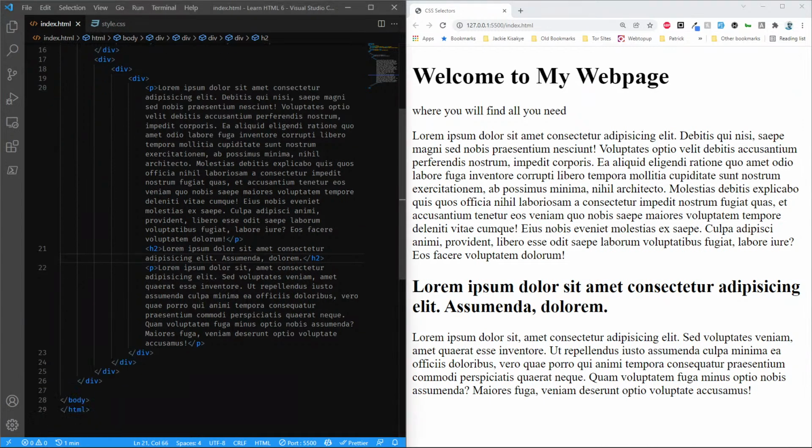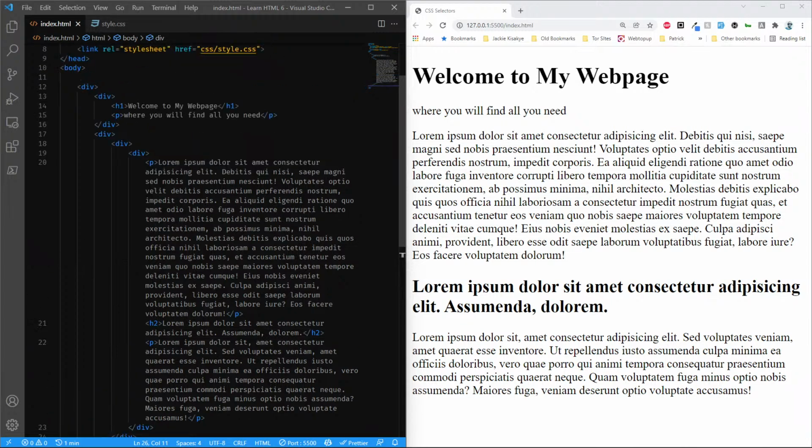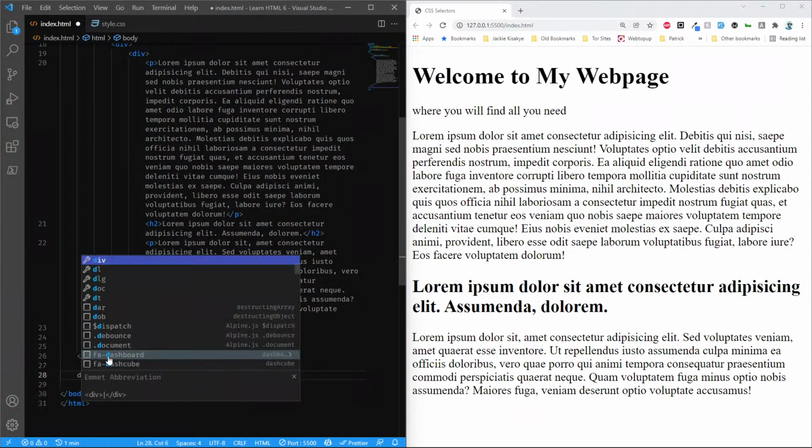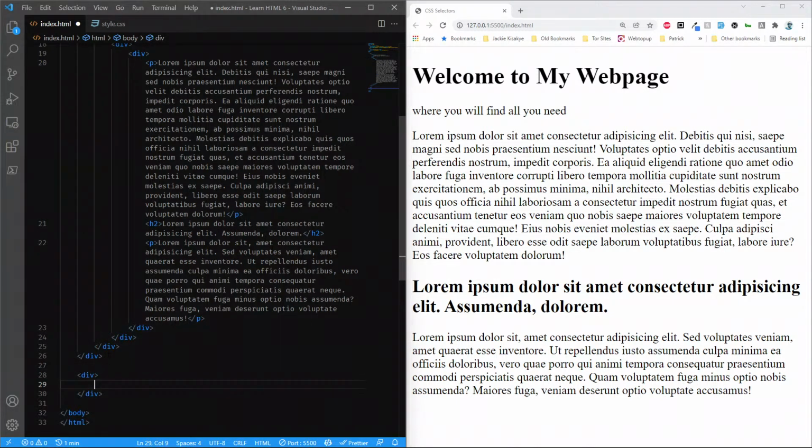Okay, now outside of all these divs, so outside this div, when I click on it I should see it highlighted here. Outside of it I want to have another div, and now I'm going to have a paragraph. Just say copyright, it is supposed to be ampersand copy, and I say Joseph Opio 2021. Let me believe where we shall be in 2022. Is this how it is written? Let me have it here, 2022 Joseph Opio